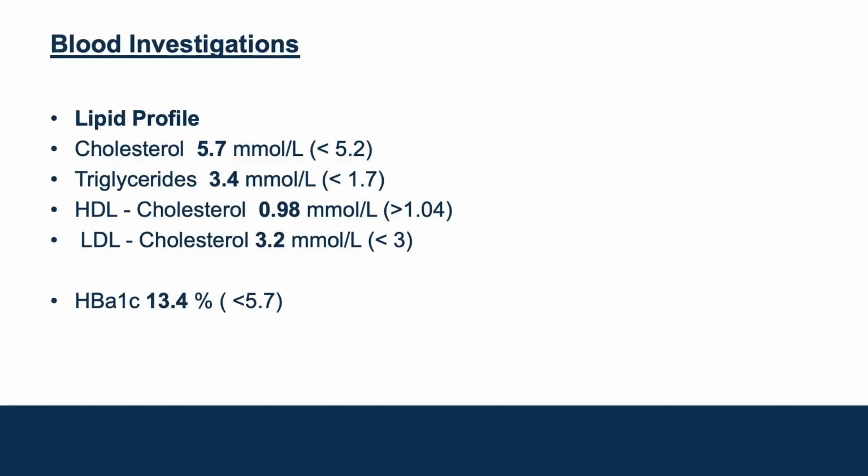Even if you look at our local NCVD ACS registry, the mean LDL level of males presenting with an acute coronary event is about 3.1. So not surprising. Even then, his LDL is 3.4, but you know that a patient who has established coronary artery disease, with risk factors of diabetes and obesity, you would love to bring his LDL to 1.4 at least, right? So it is elevated.